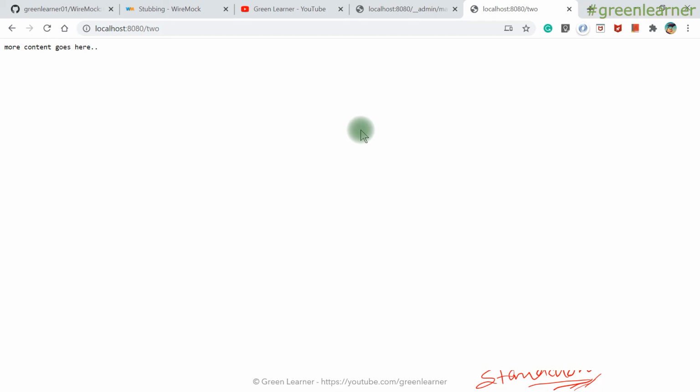But there can be a scenario as well where the server is in running mode, and at runtime I need to add some stubbing only at runtime. When the server is going down, it can just clean things up, right? So I just want some stubbing at runtime. How can we do that? There are APIs exposed by WireMock server which we can use to post the runtime stubbing that we need, right? So let's see how we can do that.